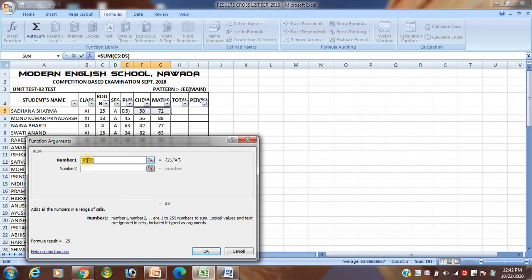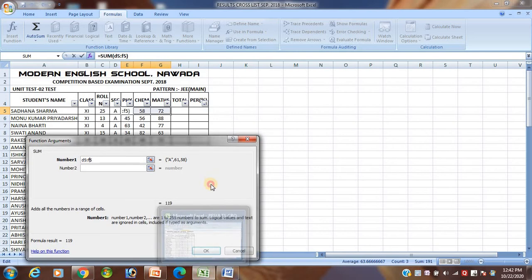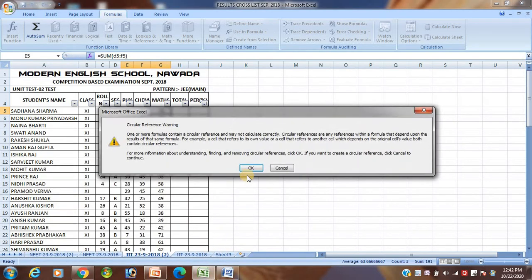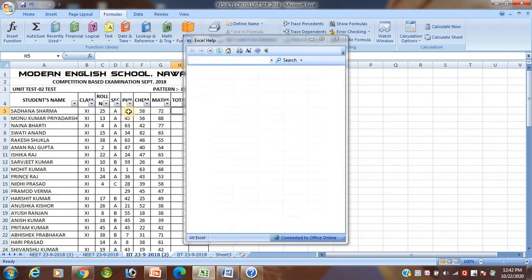So this one will be D5. This one is D5, D, E, then F. Here you can write the F. Then click on the OK. Suppose again I want to write here. Click there.